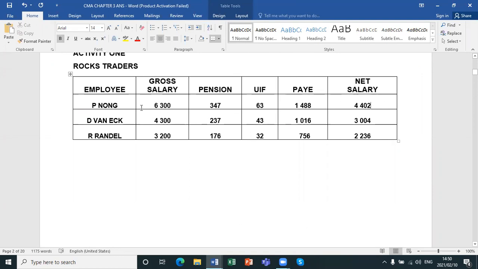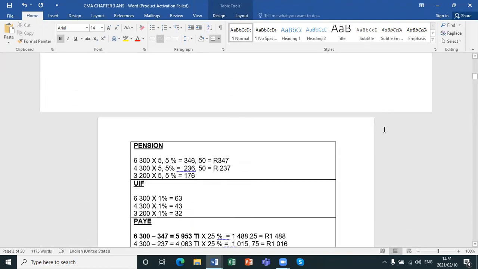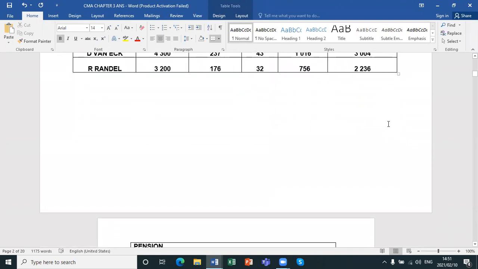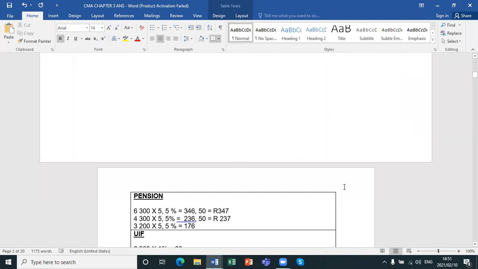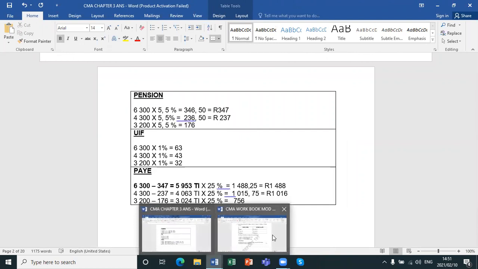Now, the answers for this I've already loaded on Google Classroom, and I'm forwarding them to you over WhatsApp as well. So there are the answers for the rest of the employees. I've also put a table there. I want you to compare your answers with this and see where you have gone wrong and what you got right, and things that you don't understand. Like I said, you will then bring it up next week Monday when we go through the answers. That's activity 1. Then we're going to go to activity 2.